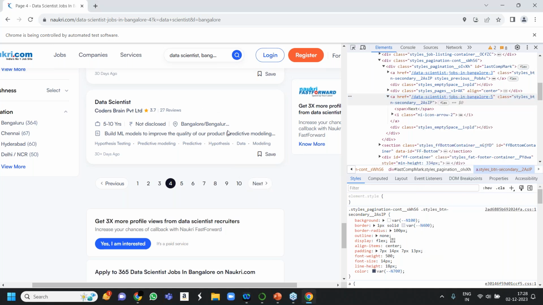What is time.sleep? I've already told at the starting of the session, the time module is used to delay some function or operation for some time. So here the sleep time is 3. For 3 seconds, it will stop the loading of the next code. The system will not jump to the next code for 3 seconds. It will stay on that line of code for 3 seconds, so that the particular page can be loaded completely.